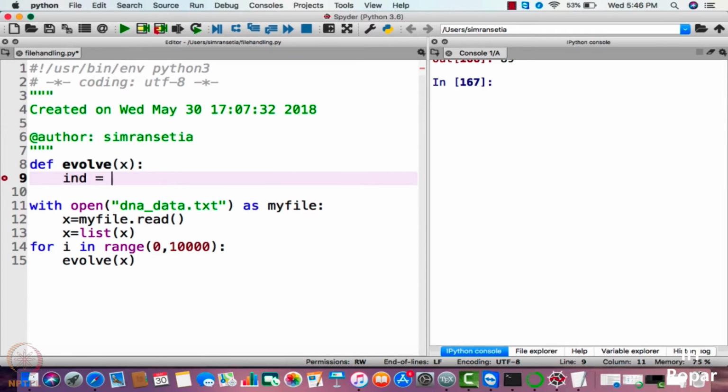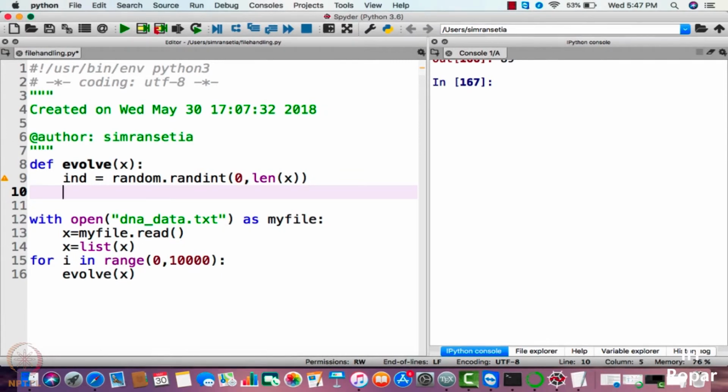To generate randomly, we use, as I explained, the random library. So I'll just write random.randint. We have to generate from 0 to length of X. As explained, in random.randint you have to specify the range, and both ends, the upper limit and the lower limit, are inclusive.